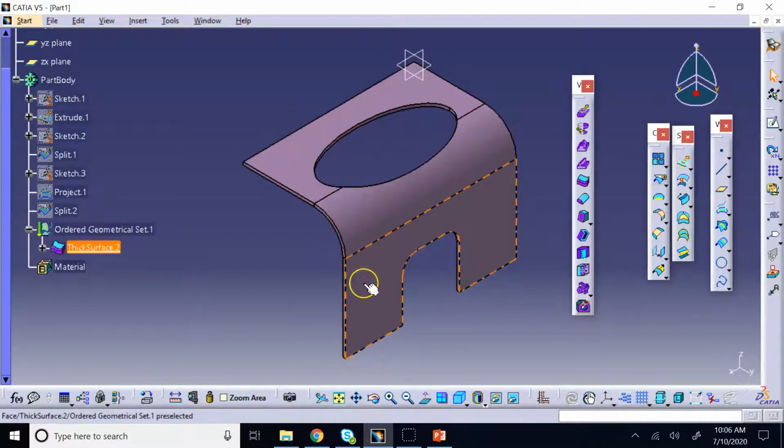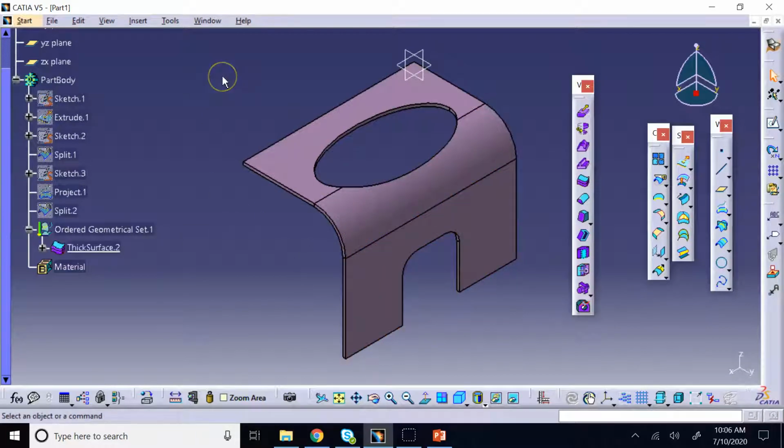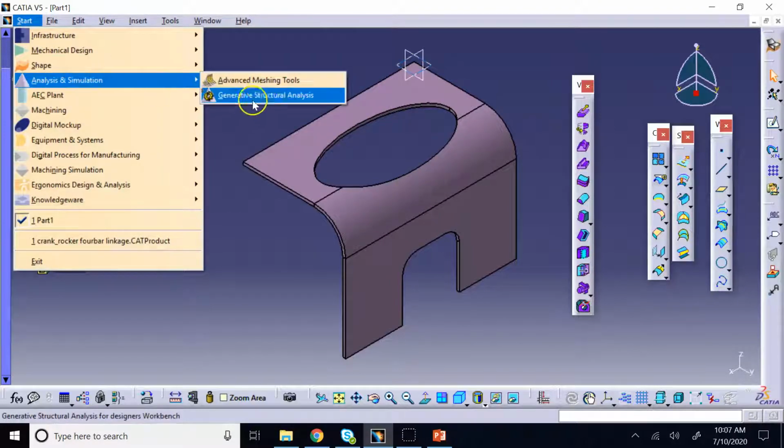Okay, so what's the difference between this one and that one? For example, one of the major differences, although I mention it in the next slide, is that if you take the previous one to structural analysis here and apply some load on it and want to measure the stress, strain, and so on, you can do it with the one that was gray, the one that you create in part design, but you cannot use this guy. You cannot apply material to this,